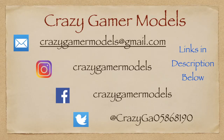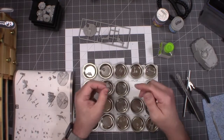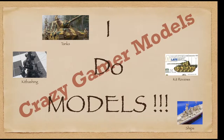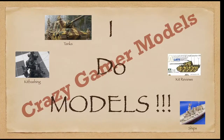My Instagram is Crazy Gamer Models. My Facebook page is Crazy Gamer Models. And my Twitter got screwed up, and it's not Crazy Gamer Models, but it's Crazy GA, and so on and so forth. But I gotta change all that. All this stuff, my logo, my Patreon is Crazy Gamer Models, so I'm gonna have to make some changes on that, and different things, logo, and definitely my intro,